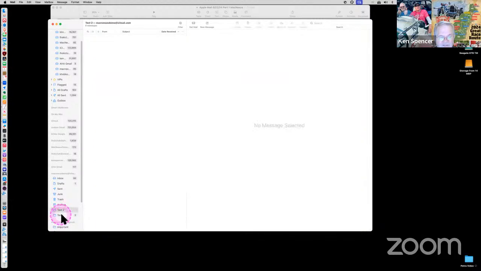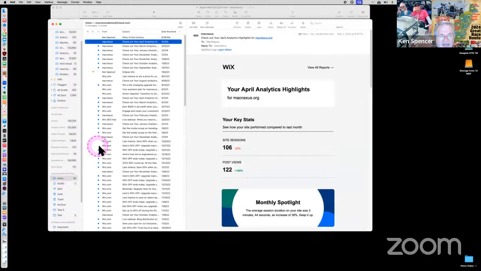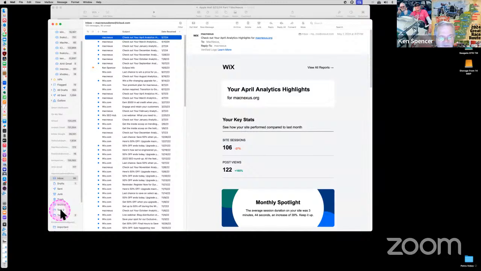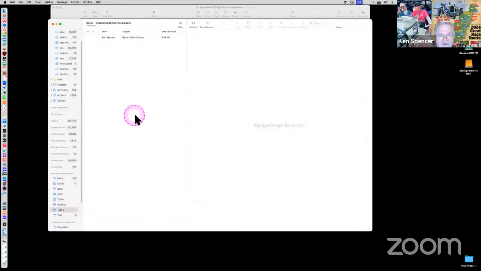And you can see there's nothing in it. So if I go to my inbox in MacNexus, and I want to take, for instance, this party of the century, I can click and drag, and drop it into test 2. So now it's no longer in my main inbox, but it is in test 2, and it shows up in searches and everything else. So on the iPhone,